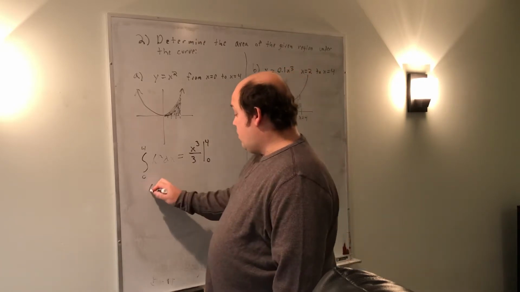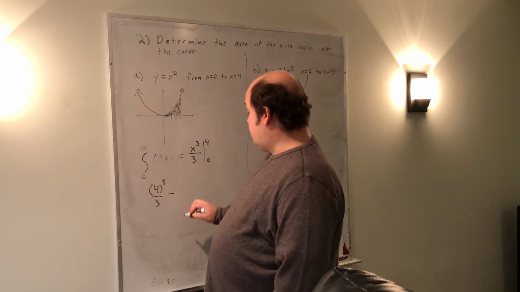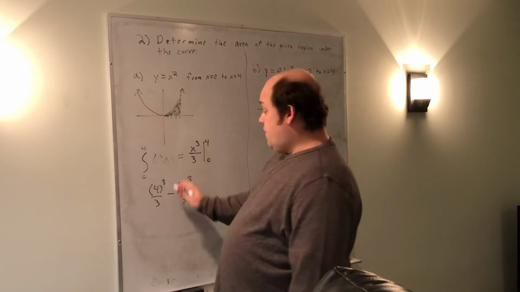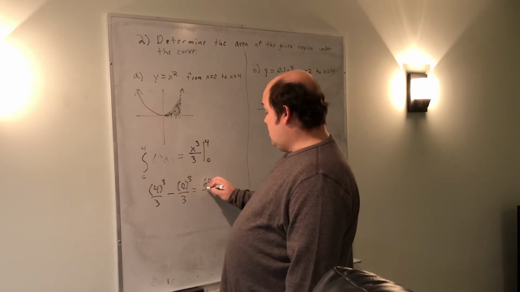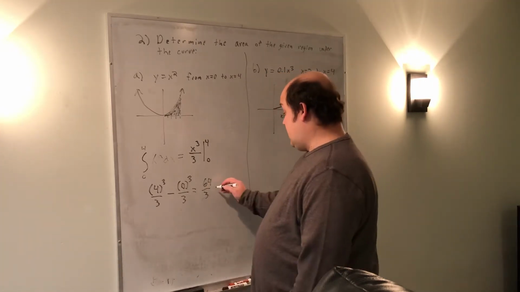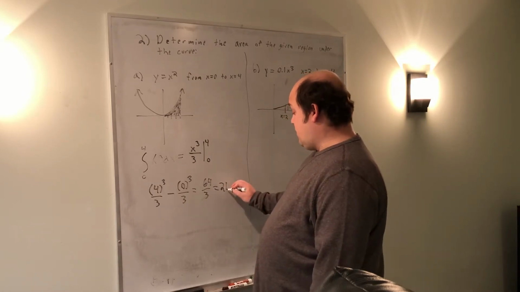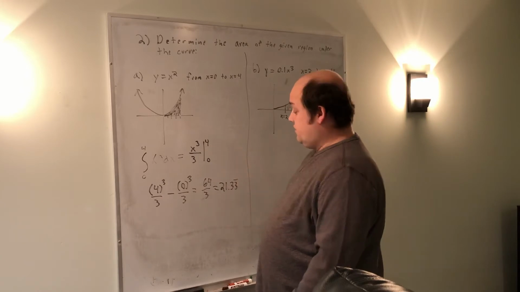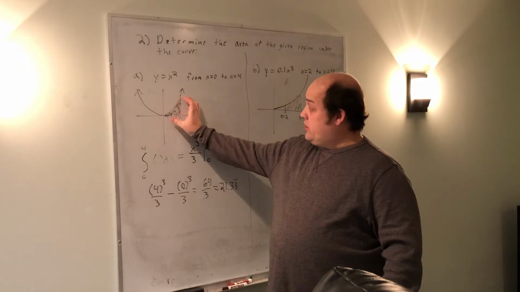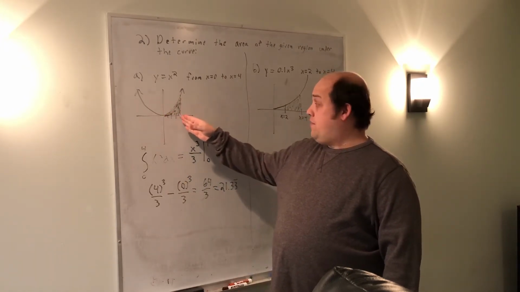When I plug in a 4, I get 4 cubed over 3. Then I subtract when I plug in a 0. I get 0 cubed over 3. 4 cubed is 64. So my final answer here would be 64 over 3. If I needed it as a decimal, 3 goes into 60 20 times, plus 1 more, so 21.33 repeating. But the general idea is the area of this region equals the integral from left endpoint to right endpoint of